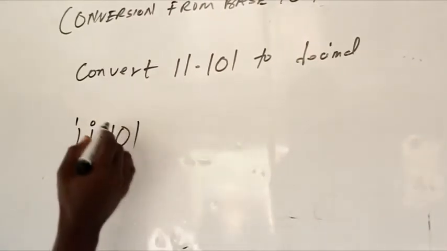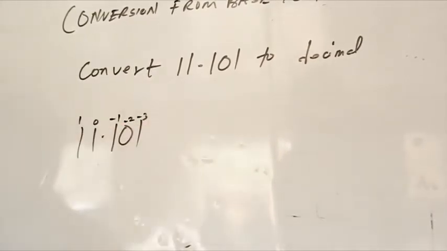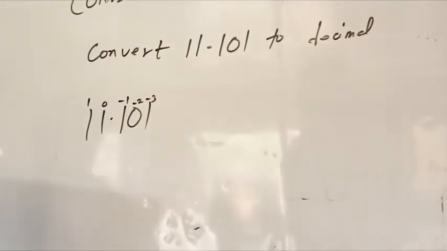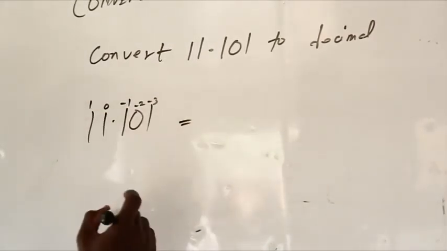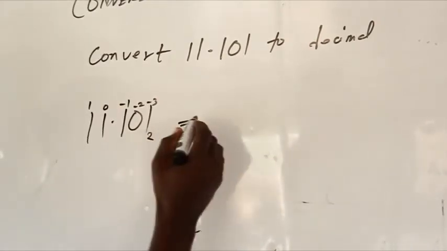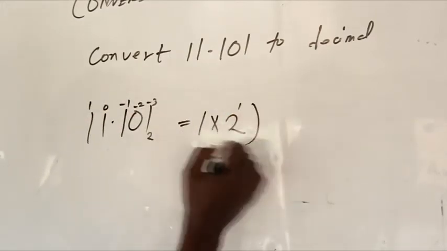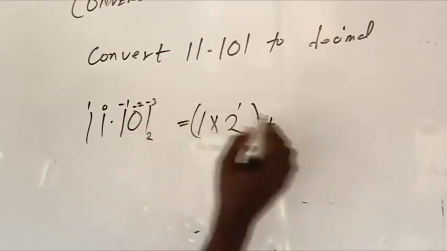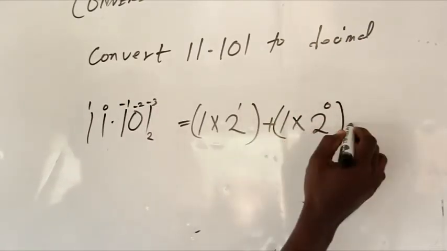Here to the right, we have minus 1, minus 2, and minus 3. So this is going to be, remember this is bidecimal, which is base 2. So this is going to be 1 times 2 raised to the power of 1 plus 1 times 2 raised to the power of 0 plus